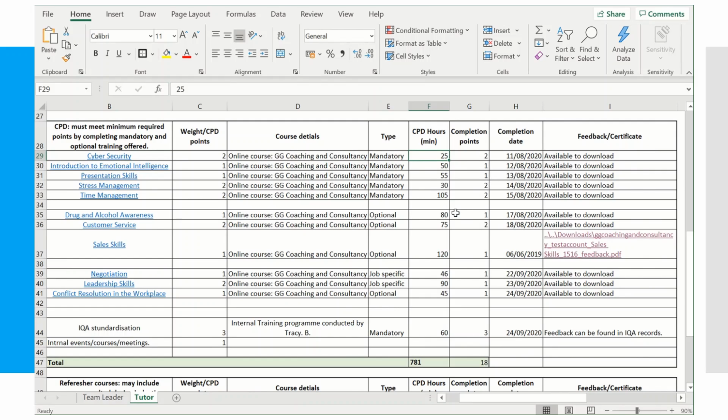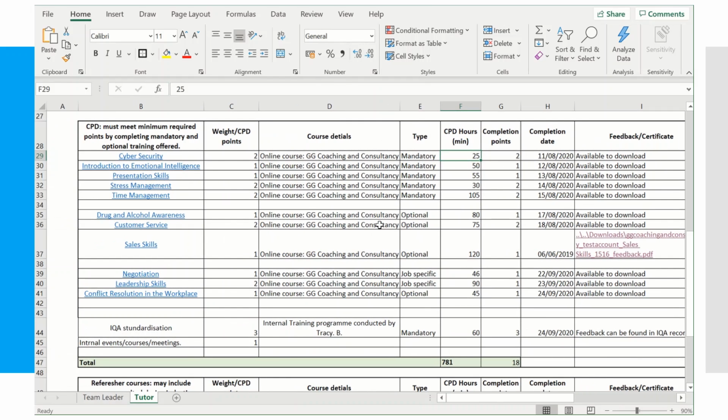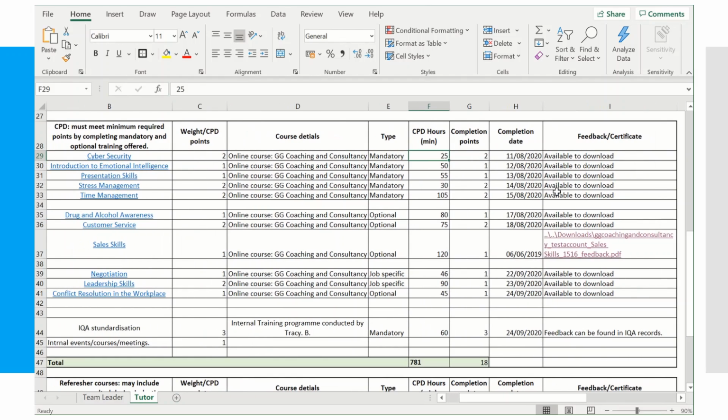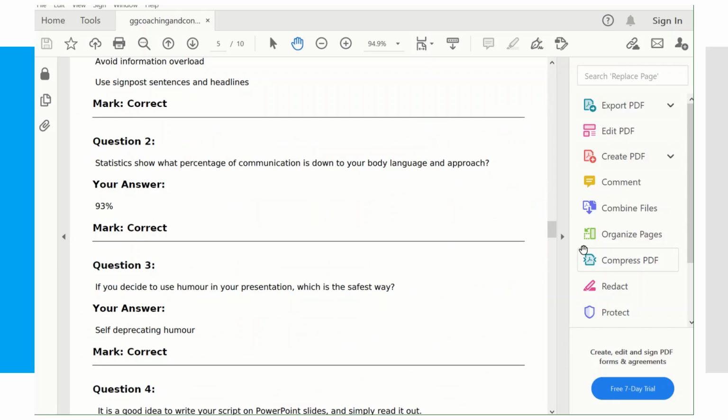And here I would like to demonstrate, as you saw on the website, I had a certificate I can download here. I have attached the document, so all your employees upon completion, when they get feedback from the organizer of the event, can store their completion certificate or feedback on your internal drive or intranet, and then hyperlink it here,